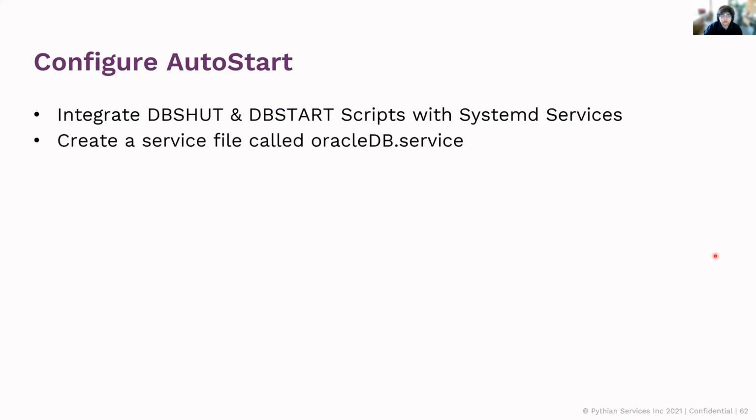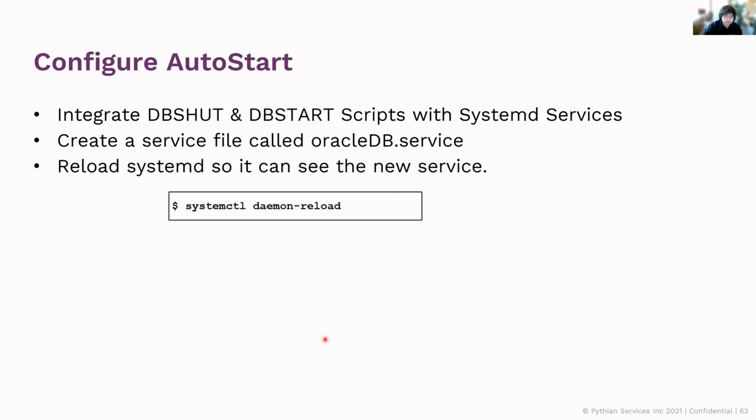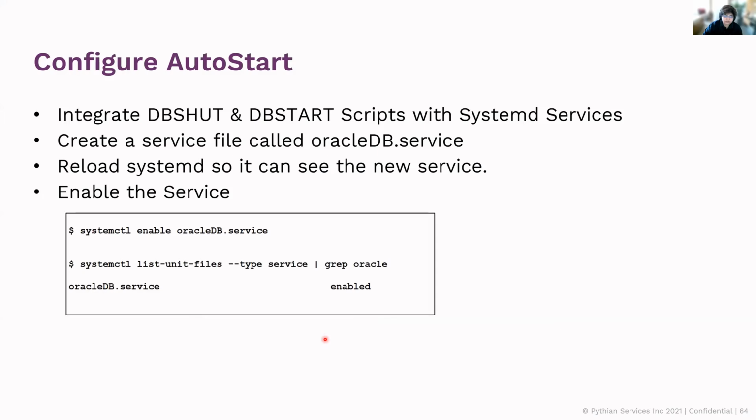Now, how do you do this? You can create a service. I call it Oracle DB.service. Just create the service using systemctl. You create this particular file, right? In this file, this is the entry you can have where you're making calls: start to dbstart and stop to dbshut. That is, whenever the server reboots, it's going to make a call to dbstart. Whenever it shuts down, it's going to make a call to dbshut, and reload the server. Once you've reloaded it, you can enable the service, and then once you've enabled the service, reboot again, and this will test whether your database is coming up as intended or not.